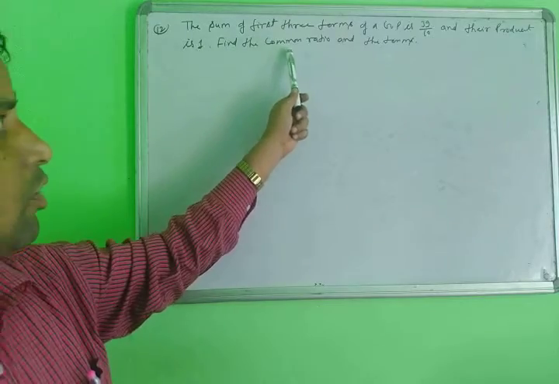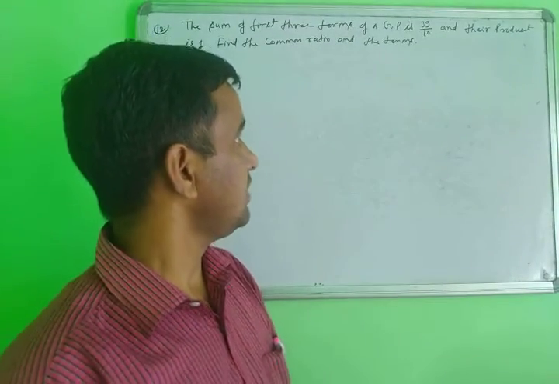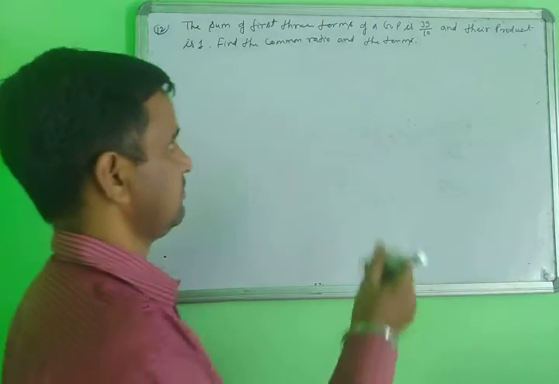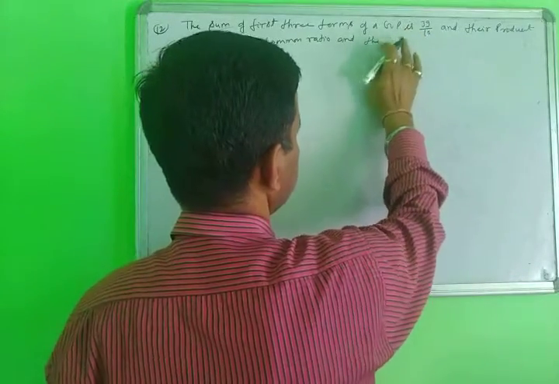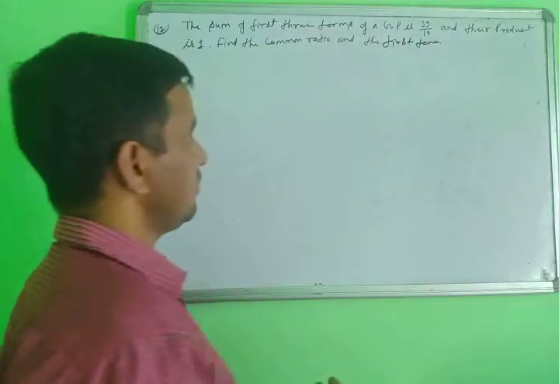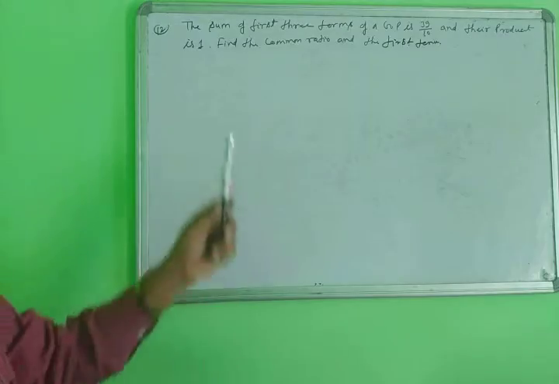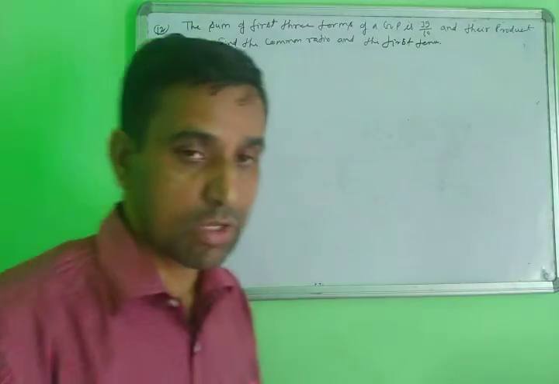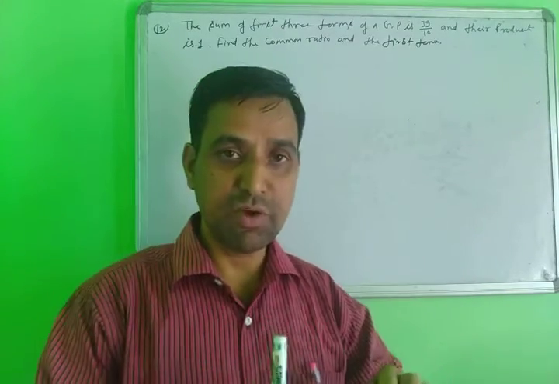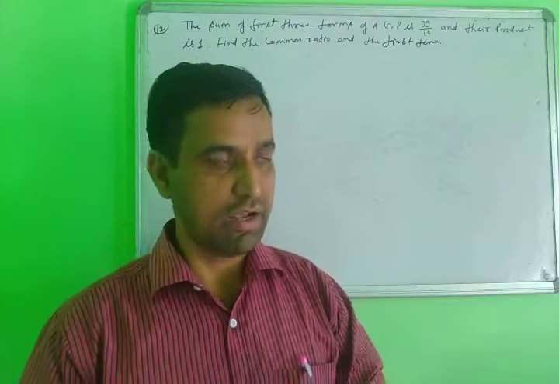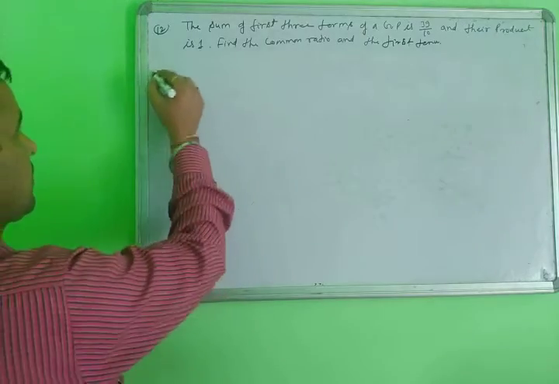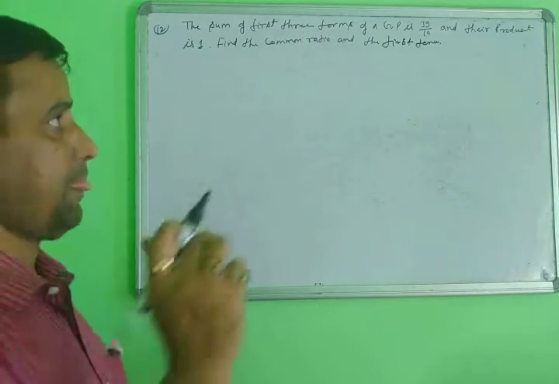To find the common ratio and the first term. Find the common ratio and the first term. According to this way you will solve this question. First of all, you know that when we select only three terms, there is a specific way. What is the specific way? a upon r, a and ar. Don't use ar or ar square. Don't use this. Yes. This is the property of the GP.